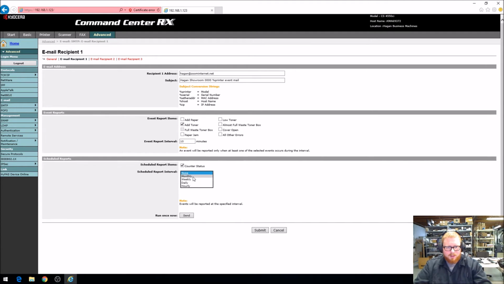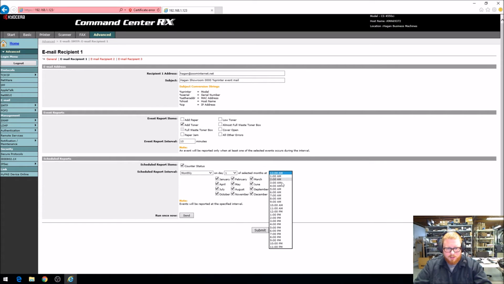And then if it's on maintenance, you can choose monthly and the day that you want it to come. I recommend choosing 9 a.m. Most machines are turned on by then. If they don't have faxes, 9 o'clock usually seems to work. That's pretty much it. Leave the interval at 10 minutes, otherwise you'll get a lot of extra emails you don't